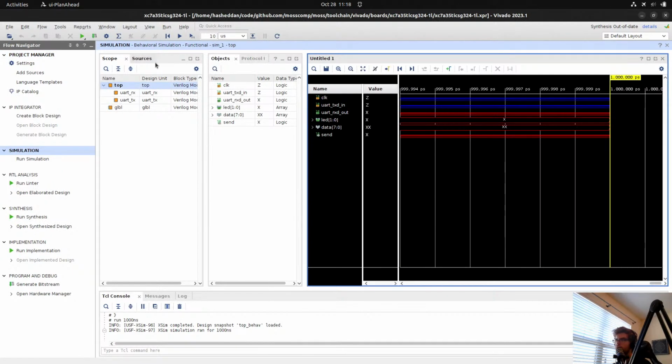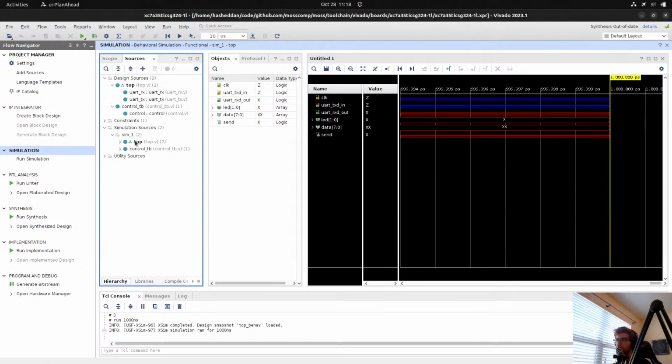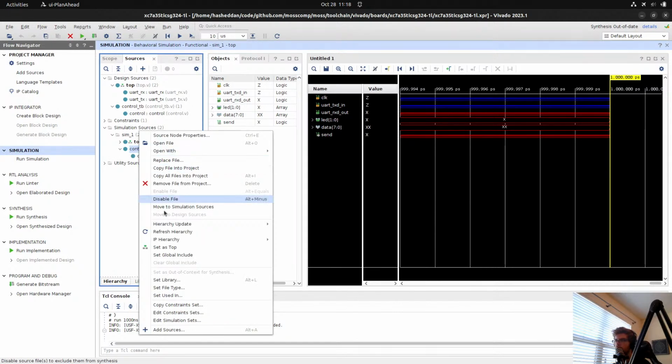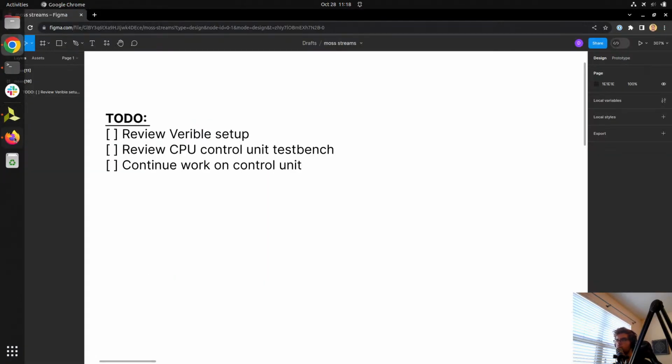Yeah, it looks like it only does it for the actual top that we have. Let's see if I can just run. I know if I set as top, I can use it, but let's see.